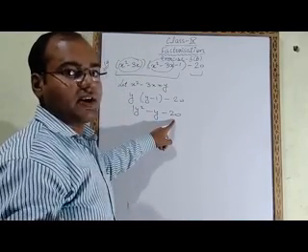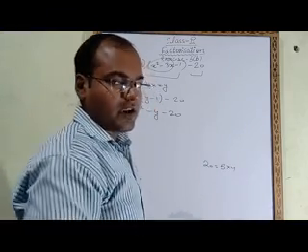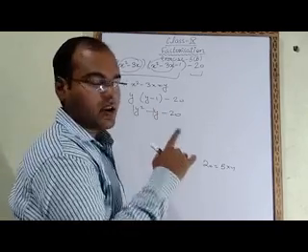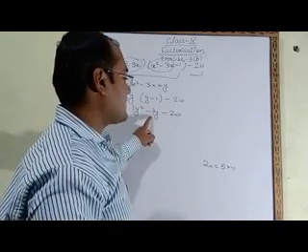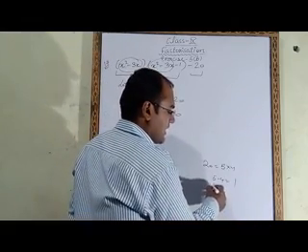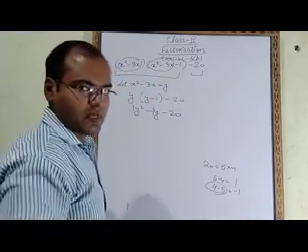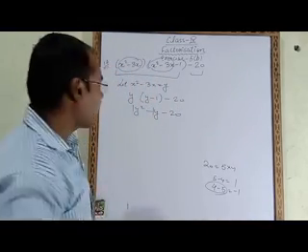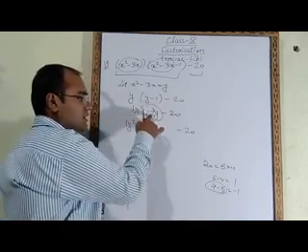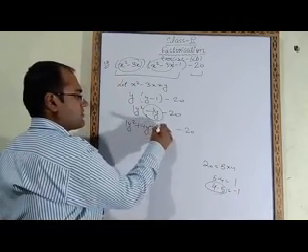Now we have to find the factors of 20. If we take 4 into 5, we will get 20. But in between what is written here? Minus y. No number is written, so we will take 1, so minus 1y. In order to make minus 1, we will take 5 minus 4, answer will be plus 1. And if we take 4 minus 5, answer will be minus 1. So we will use these two factors, 4 and minus 5. So this y square we have to write as it is, minus 20 also we have to write as it is. Instead of minus 1, we will take plus 4y and minus 5y.